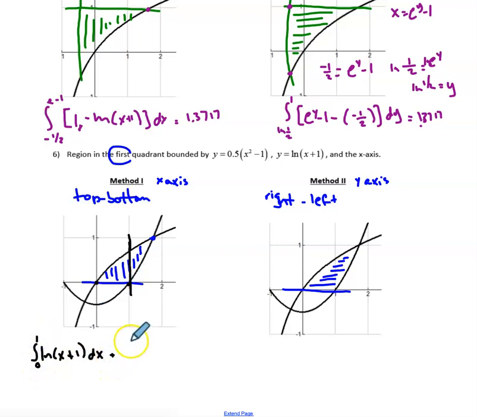The second setup, once again, is top curve of the natural log of x plus 1, but the bottom curve is going to be 1/2 times x squared minus 1, because the parabola is the bottom curve now, dx. My lower limit of integration here is x equals 1, and I need to be solving for this intersection point. To solve for the intersection point, honestly, the best way to do this is to put this on your graphing calculator and find that intersection, and I'll tell you that it happens to be where x equals